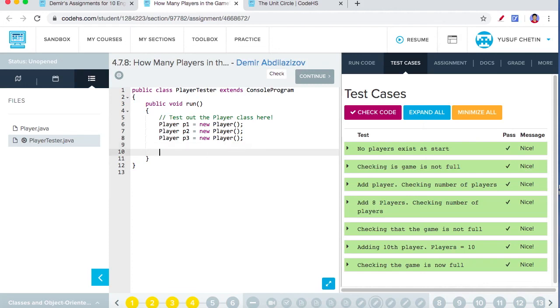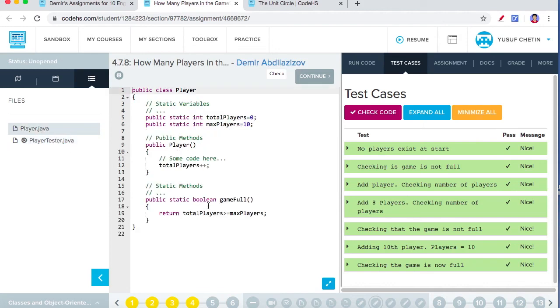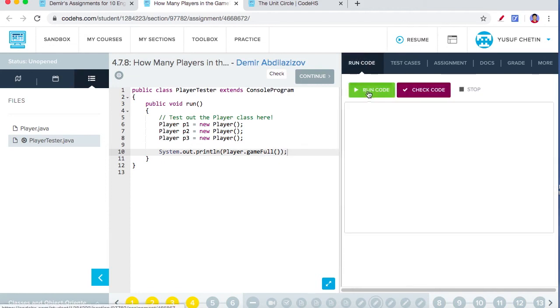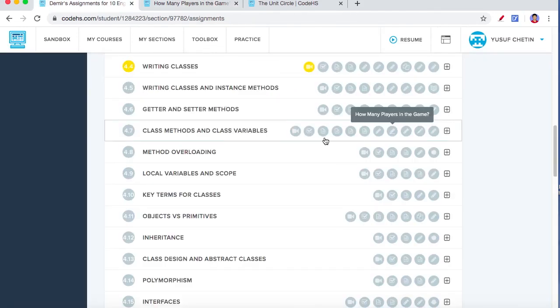So how can we call System.out.println? We should call our static method. How can we call static method? So our static method name is game full, and we should write here not object name but class name, Player dot, and the static method name is game full. So let's run. So we should return false because we didn't pass, right? Okay, so that is working. All right, so we complete